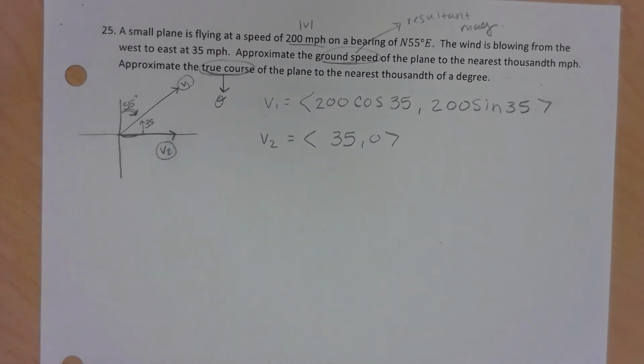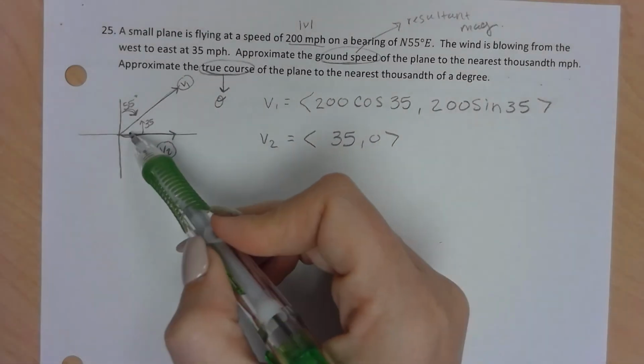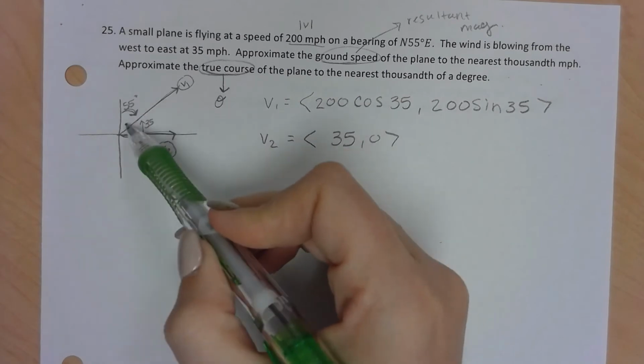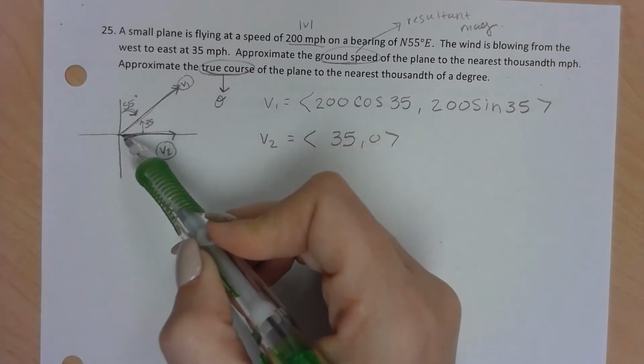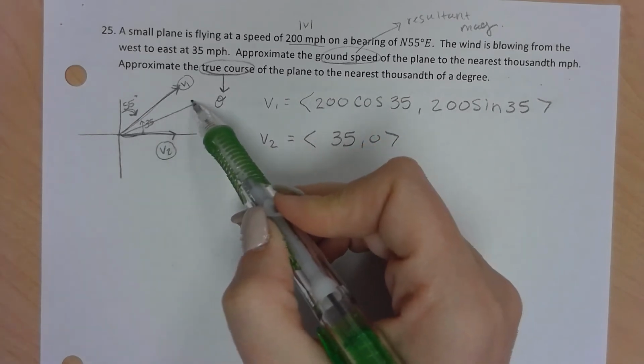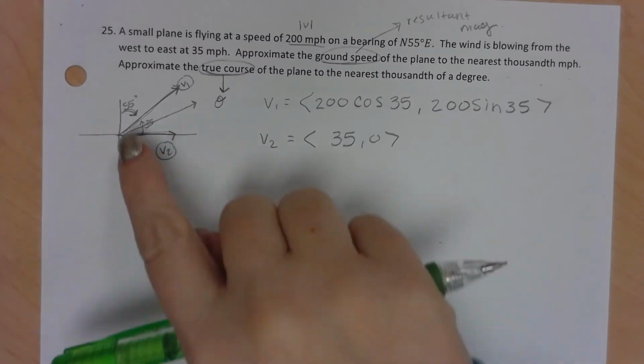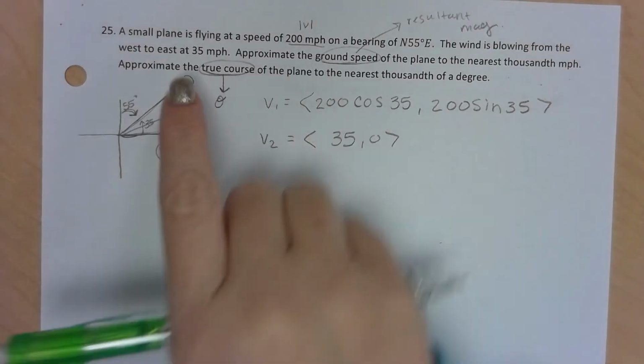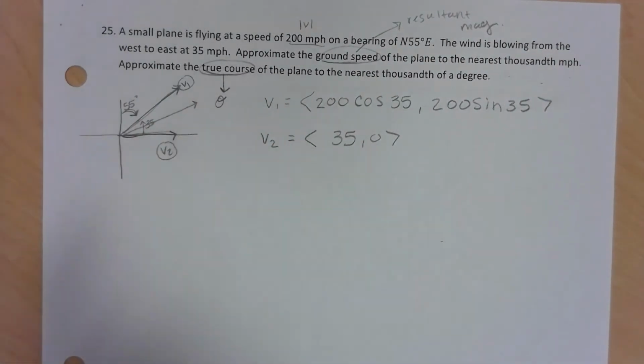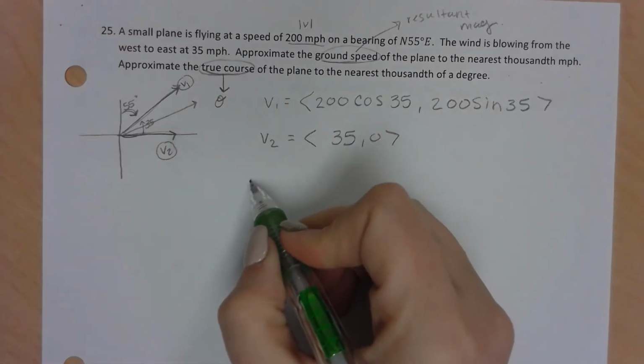What's happening is this plane is flying, but because the wind is pushing it, this isn't really the path that it's flying. The path that it's flying is really going to be something like this. So we want to know its true speed and its true angle, even though this is what we think is happening, because the wind is pushing it. So we need to find the resultant,